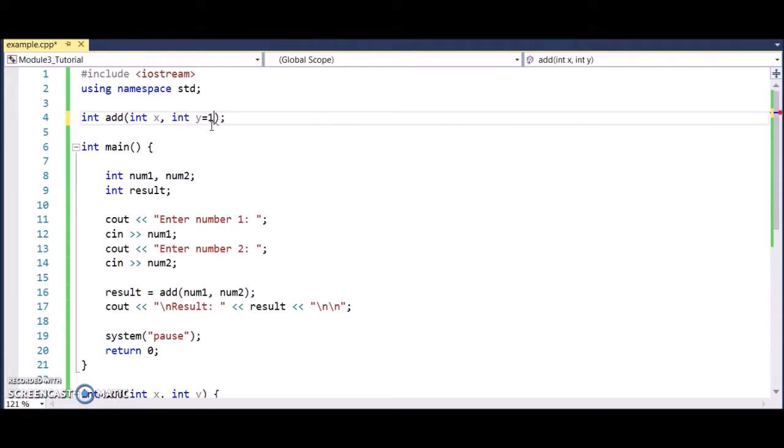For demonstration purposes, we'll show that we can create default values for the parameters, say the second parameter defaults to 1, so that if no value is passed in, it can still operate. Say we didn't pass in a second argument and just passed in one argument. By default, it's going to set the second argument to 1. So when we run this,